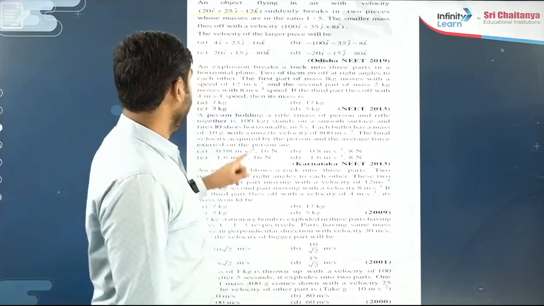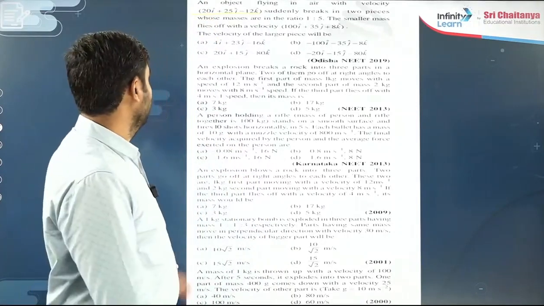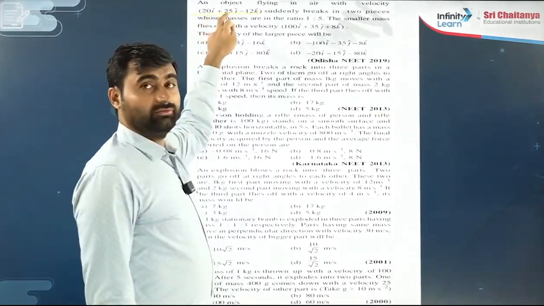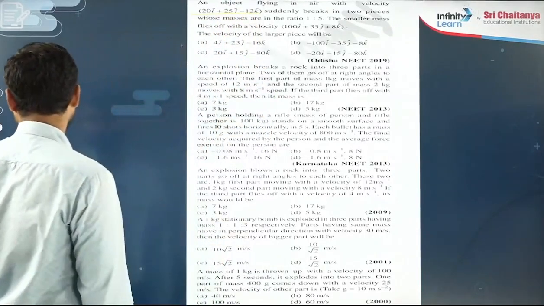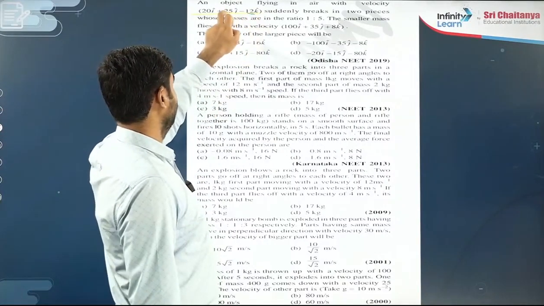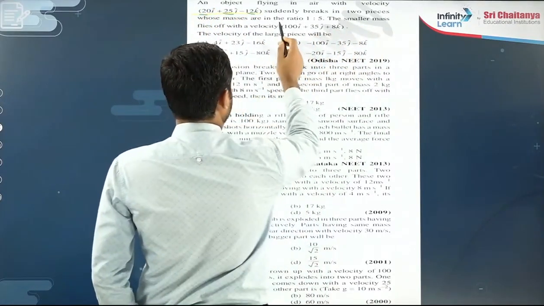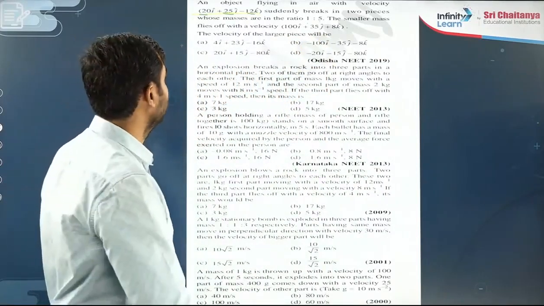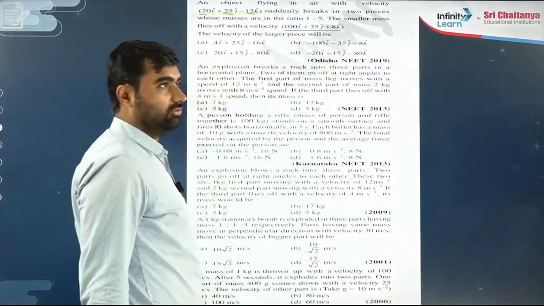Agree or not? So initial momentum in x direction how much? mv, right? This is vx, the x direction velocity. This is vy, the y direction velocity, and this is vz, the z direction velocity. Agree or not? Okay. So this is z direction, this is y and this is x. Suddenly it breaks into pieces whose masses are in the ratio 1:5. The smaller mass flies off with velocity, the smaller mass velocity is also given.